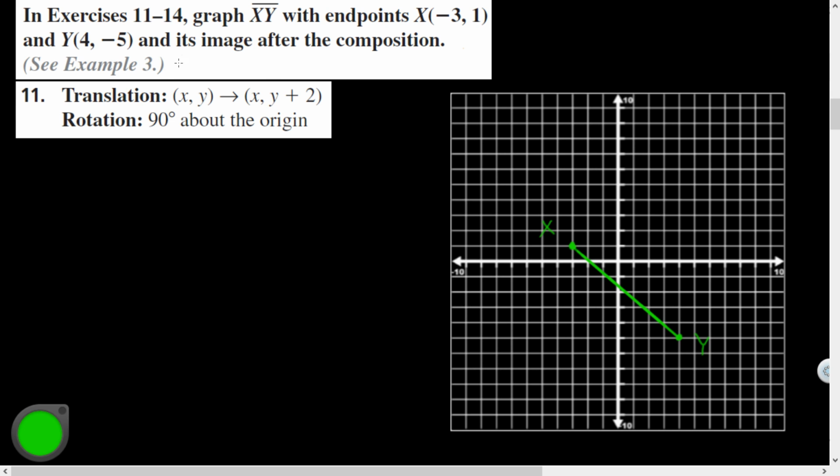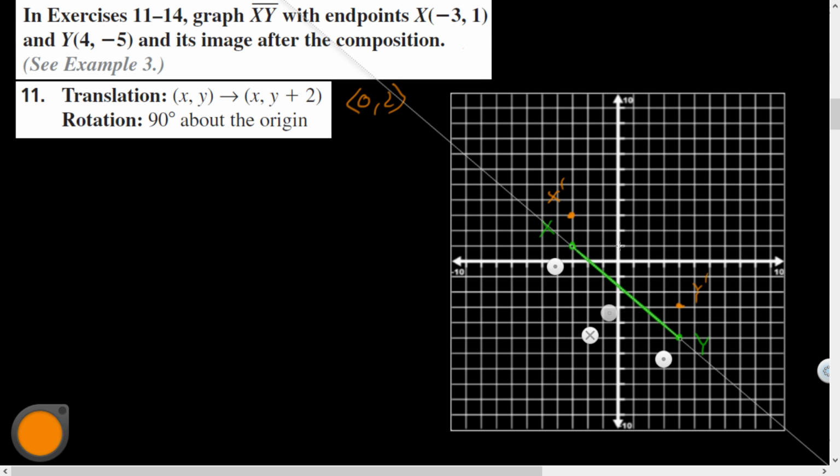So there's XY. So the first translation is that it's vertically being shifted up by 2. So here, my new X, up 2, X prime, is right there. Y prime would be shifted up by 2. If I thought about that vector in component form, that would have been 0, 2, right? As far as the translation,